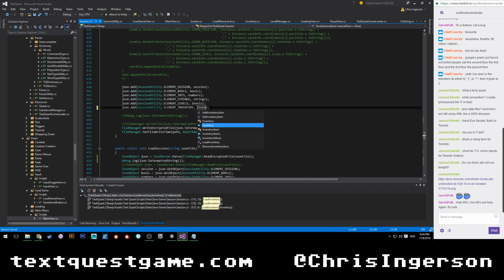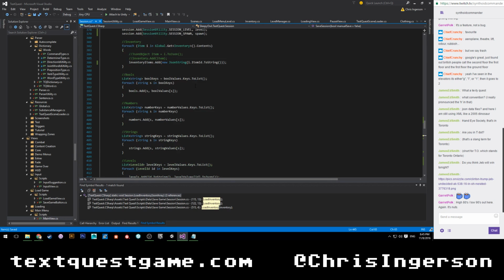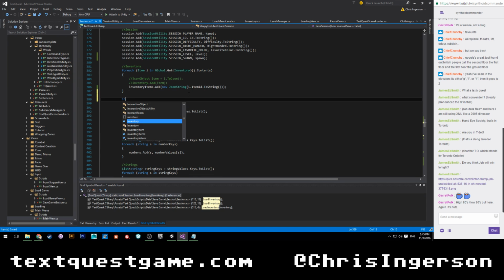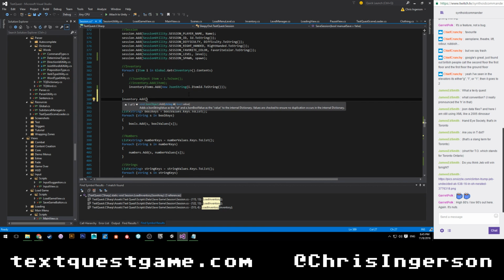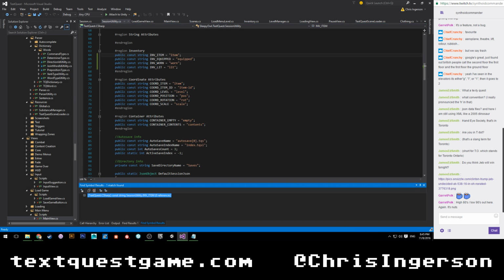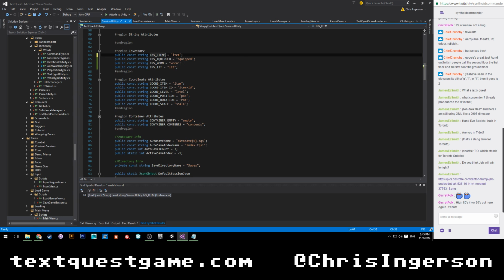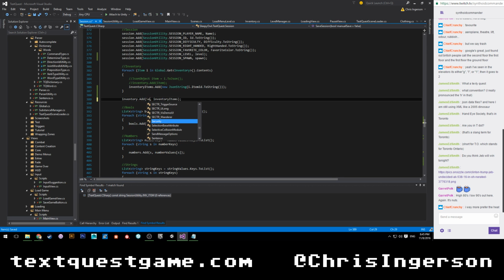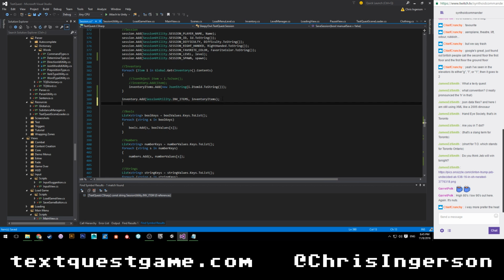So we're actually going to turn this into inventory, and then we're going to do this. Say inventory.add nothing, and then inventory items. Let's actually go ahead and go back here to session utility. Inventory, is this being used? Nope. Good. We're going to change this to items. And this is going to be session utility dot inv items, inventory dot add session utility dot inv